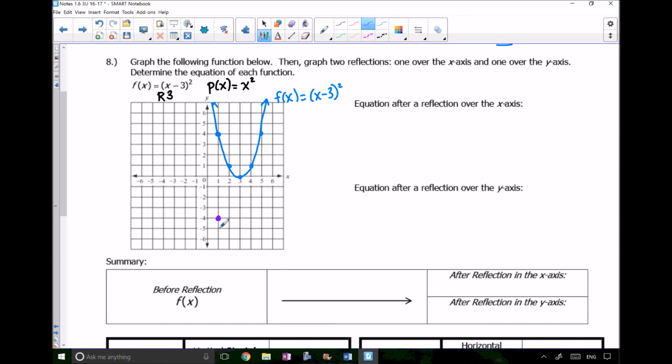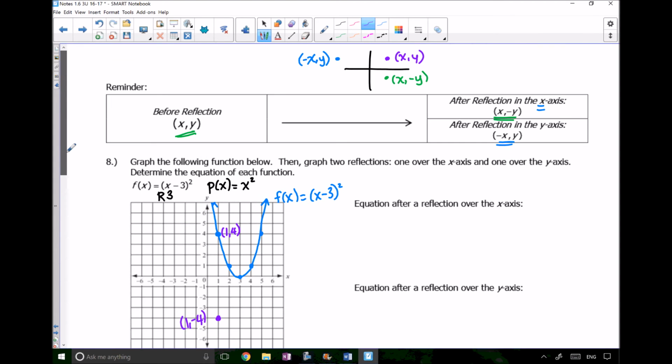So I end up at (1, -4). If you notice, if the original coordinate was (1, 4), the new coordinate was (1, -4). It's kind of like what we talked about before. When you reflect in the x-axis, your y value becomes the negative sign. So this (2, 1) becomes (2, -1). (3, 0) is right on the axis, so it stays in the same spot. (4, 1) goes down to (4, -1), and then (5, 4) goes down to (5, -4). So this is my reflection in my